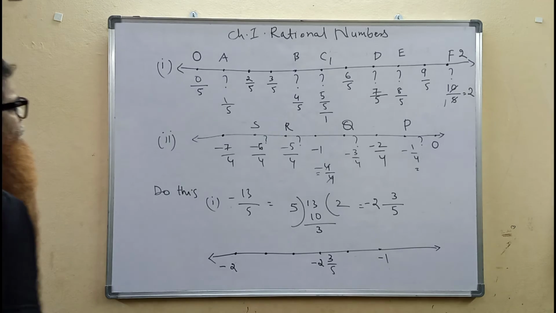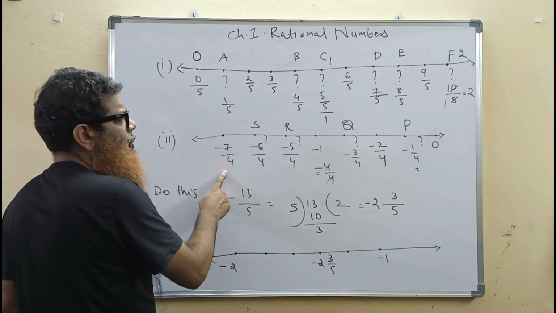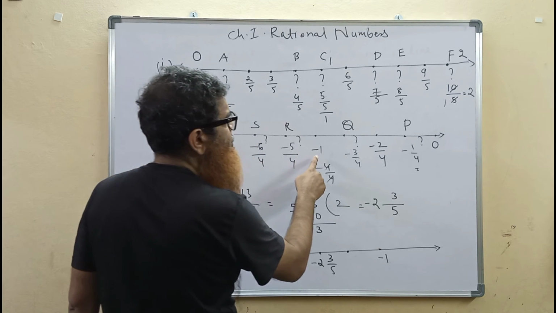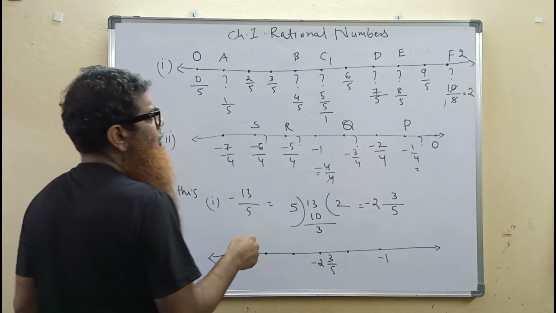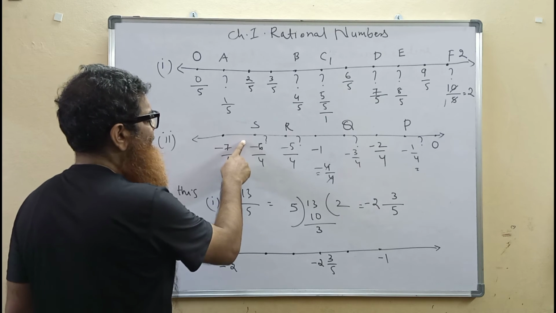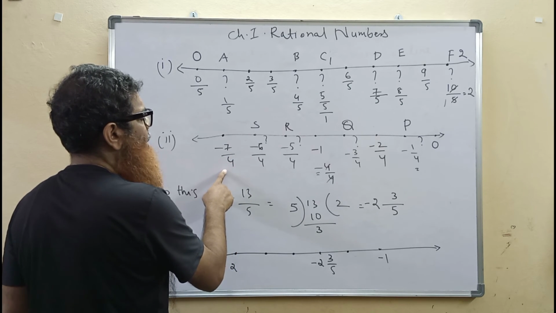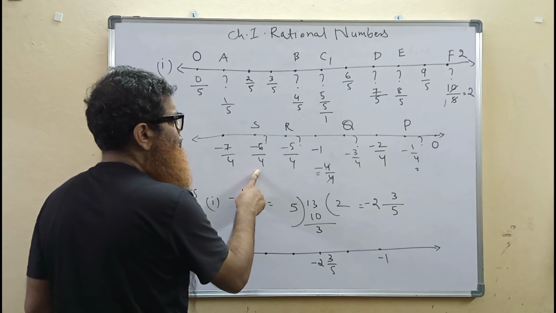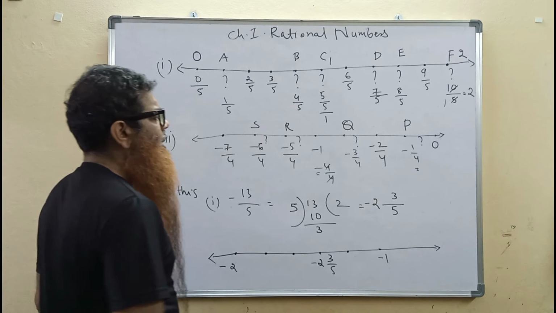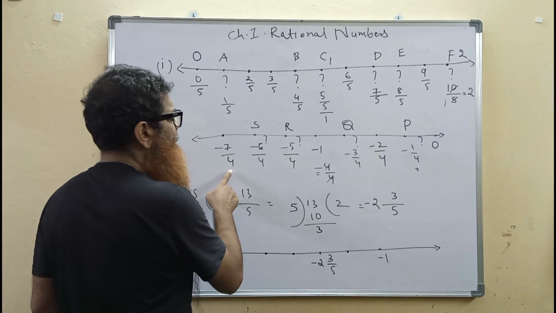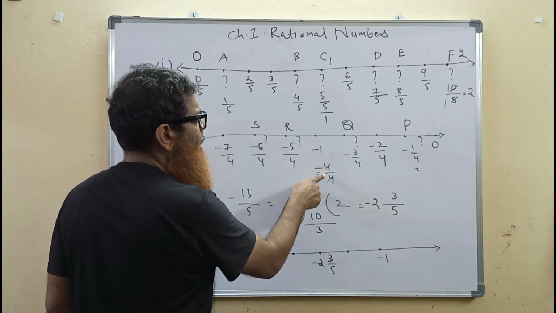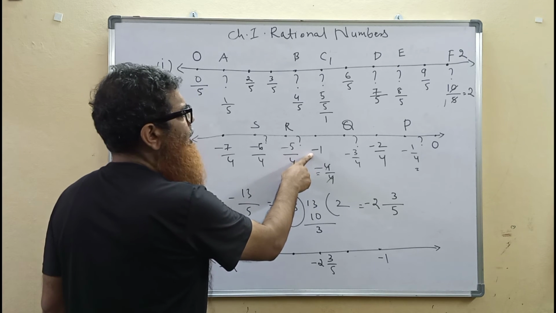Then the next in the series, second bit, minus 7 by 4 was given. Then some more points, 7 more points were marked, out of which 3 were given, and we were to find out the other 4. The next point was S, and from this we can understand it should be minus 6 by 4. The next point should be minus 5 by 4. The next point was given minus 1, that is minus 4 by 4. We have minus 1 here as the result.